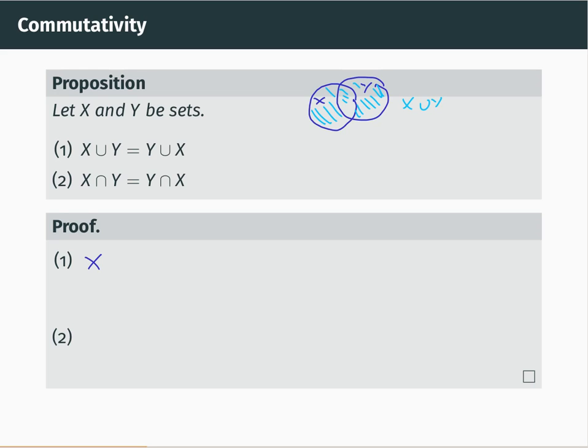So x union y, by definition, is the set of all things A with the property that A is in x or A is in y. So really, the fact that this is equal to y union x is a property of this logical operation OR. So P or Q is true when one of P or Q is true. And that's the same as Q or P being true. That's also true when one of P or Q is true. So here, this is the same as A in y or A in x,